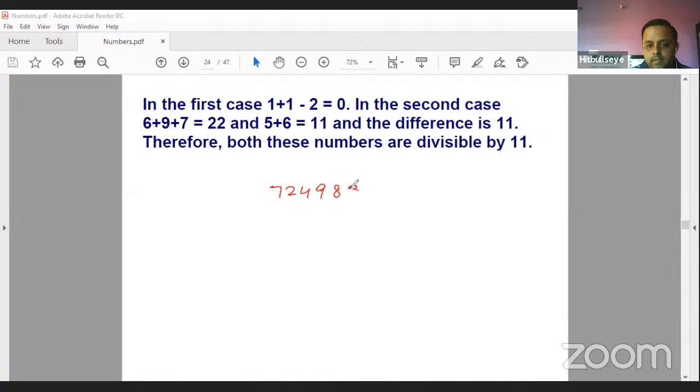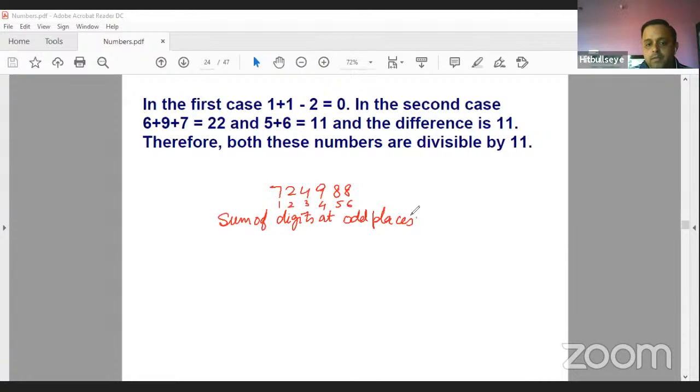Let us take another digit here. Let's say this is also 8. This is the number. Now I need to check whether this number is divisible by 11 or not. What I will do is find the sum of digits at odd places, not the odd digits, at odd places. This is the first place, this is the second place, this is the third place, fourth place, fifth place, and